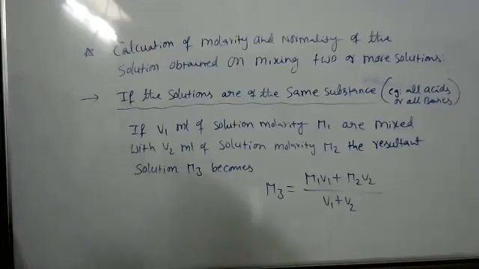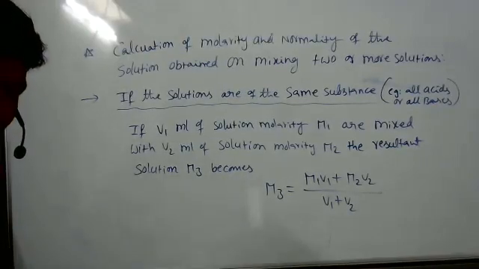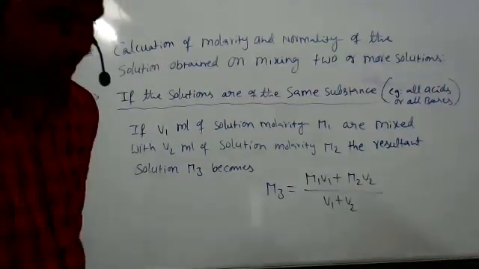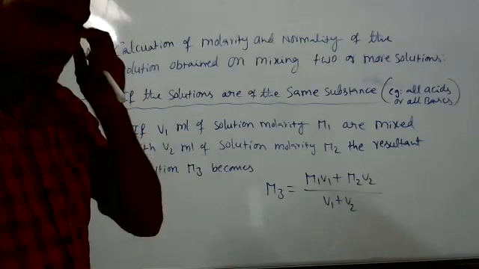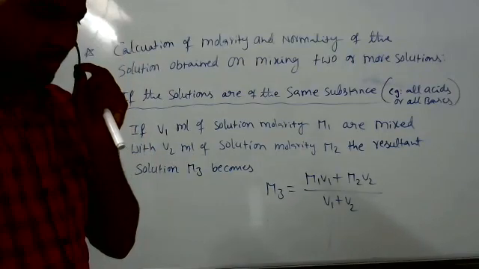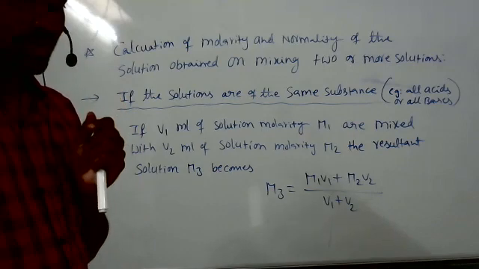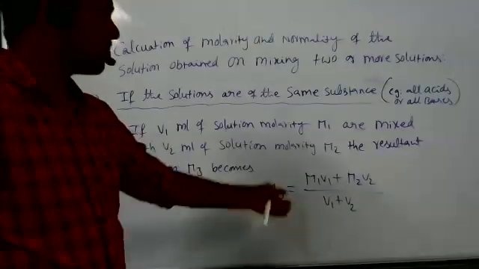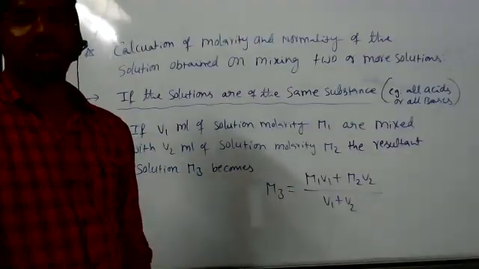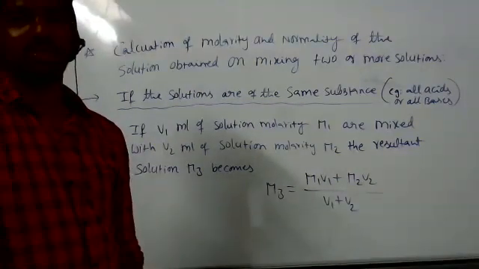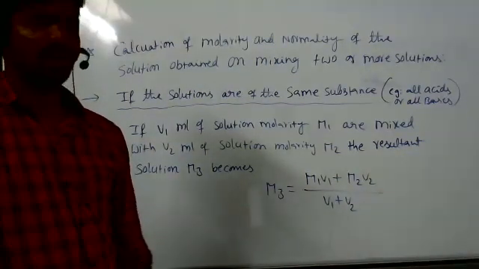Sir, if many solutions are added together, we can't write the formula very big. It will become very big, no, sir. So we can put the summation symbol, right? Yes, suppose more components are given, we can write the summation symbol. But naturally, we don't mix that many compounds. Maybe 5 or 6, maximum 10.